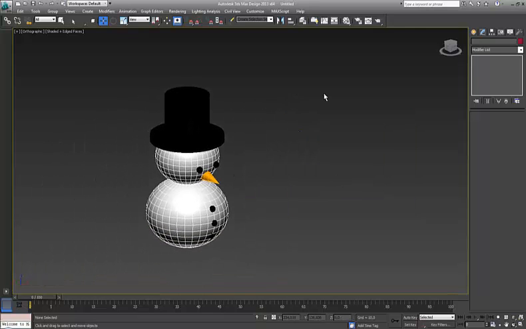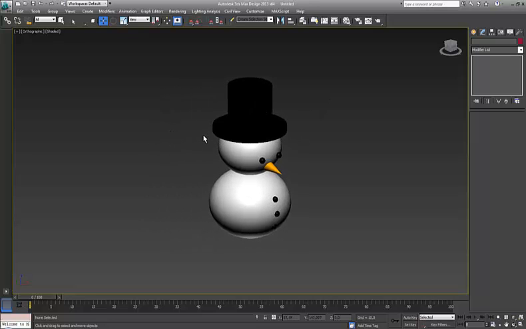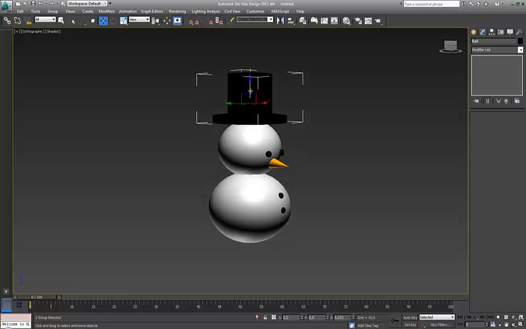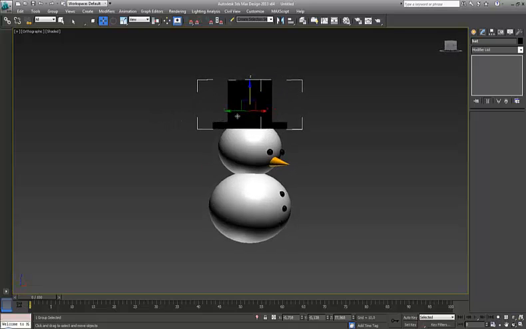Okay. And now I will type again F4 just to see the solid, and I have a hat. And I can put a hat over here, for example. And I need to do, to finish that, the arms. The arms is similar